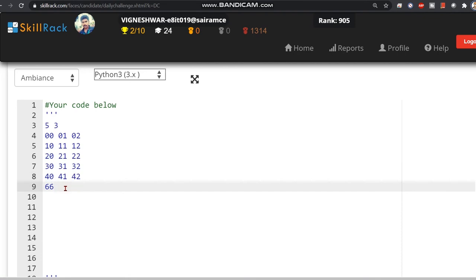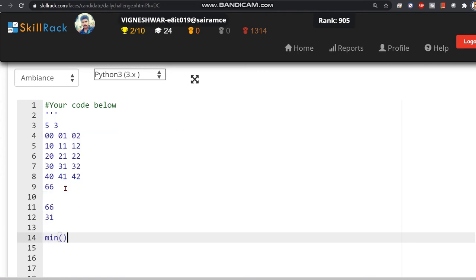The index of 66 is: the row is 3 and the column is 1. Now what we are going to do is find the minimum. If we want to find the largest submatrix, then we have to find the depth to which it extends.